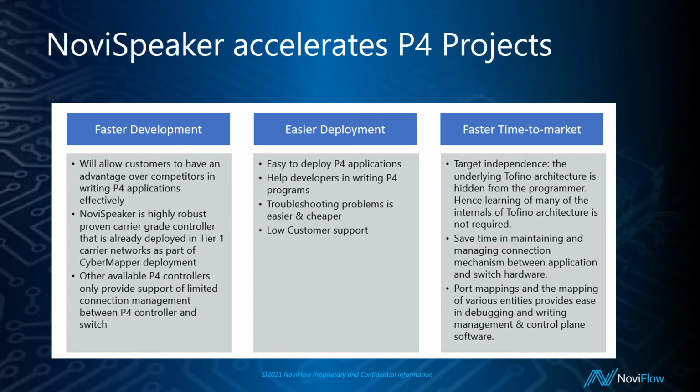So we all know that the networks of carriers, data centers, and enterprise are always very complex, and to control these hundreds of different devices in the network, one needs to have a robust control plane software. And to get the robustness and efficiency of this control plane software, this software becomes equally complex, right? And hence, there's always a need of some sort of centralized control plane platform to manage the forwarding plane systems in the network. So writing these software and maintaining these control plane software is always time consuming and requires highly